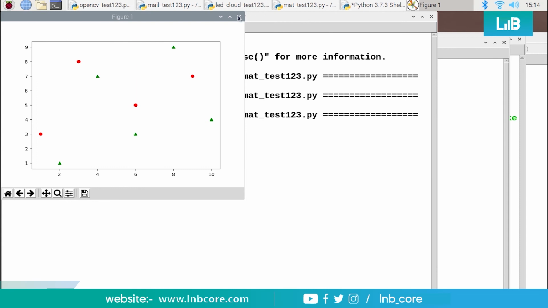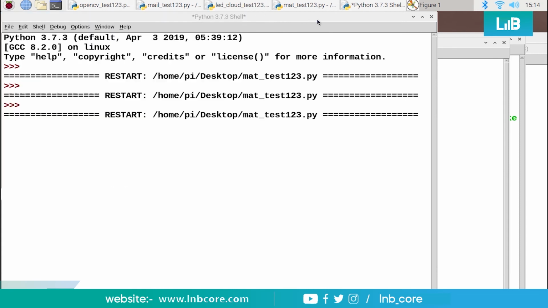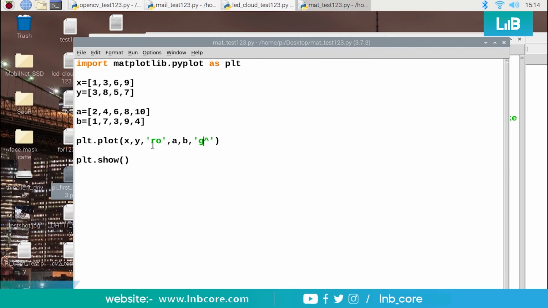If you want to use a line with the graph, I'll just type x comma y. This combo will display a line. I want to display a line in red color, so r, comma, and this combo will do the notation of circles only on the same positions, which means you will get a line along with the notation on the points.